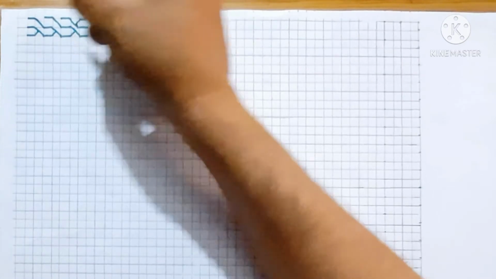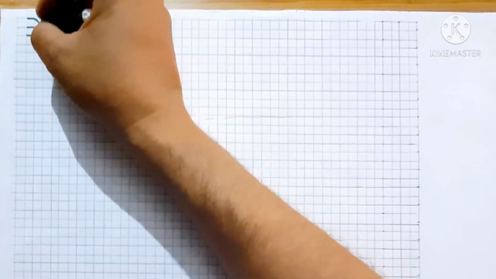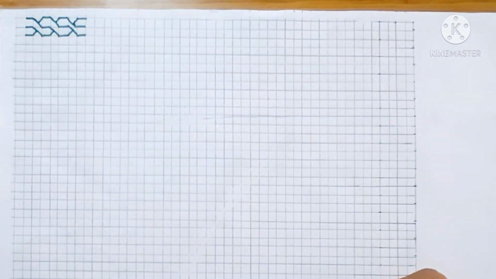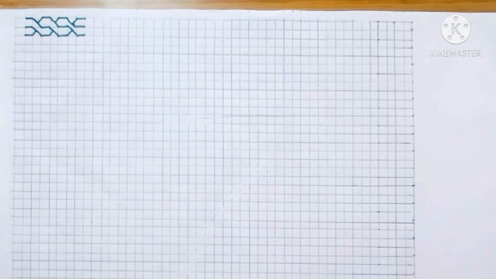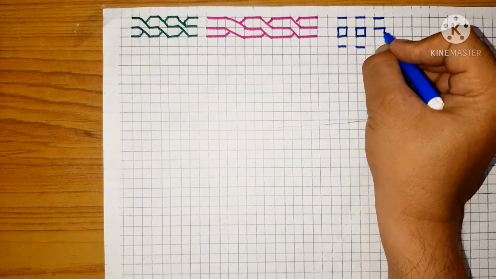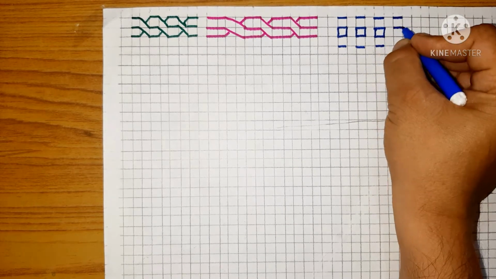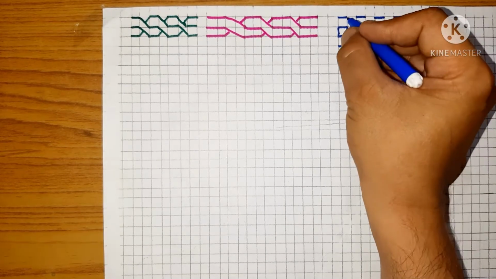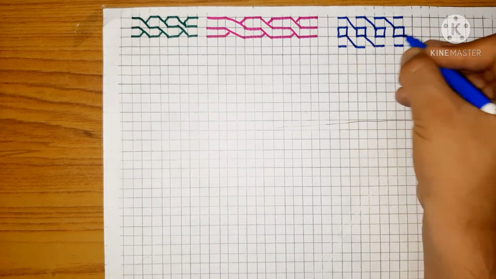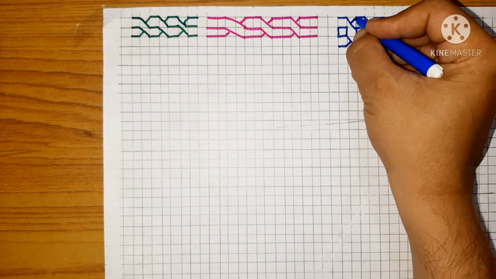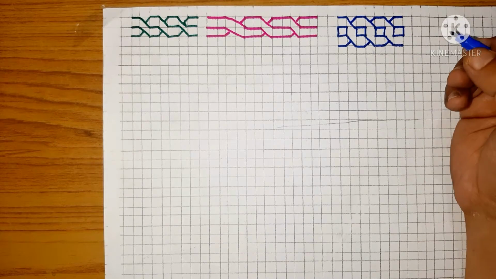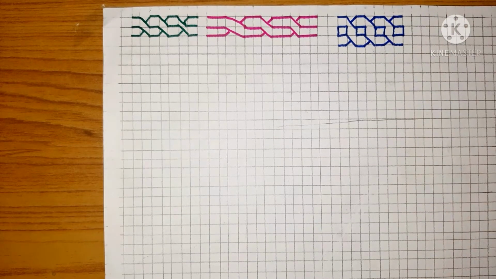This design also can be created with two lines, one dash, two lines, one dash, and this would be the design, chain type of a design. This is, you can see, and the next design you can see is this. So now we are creating boxes and the dash on alternate blocks, and in the same way we'll be joining the dash with the boxes like this and then join the rest part like this. So you can see this is also a chain type of a design.